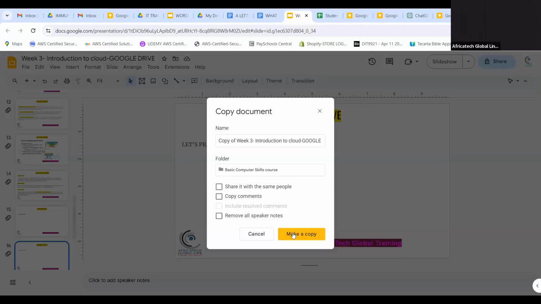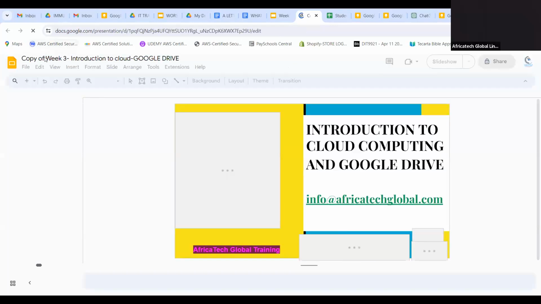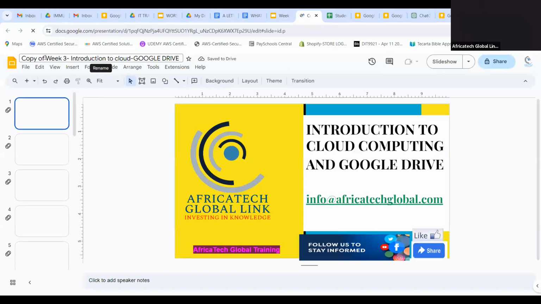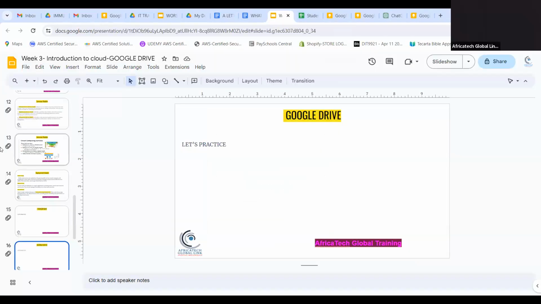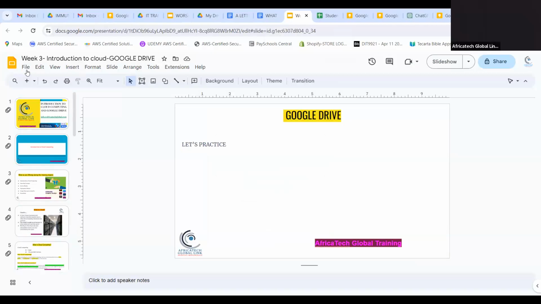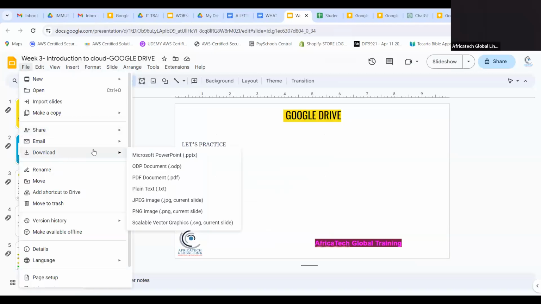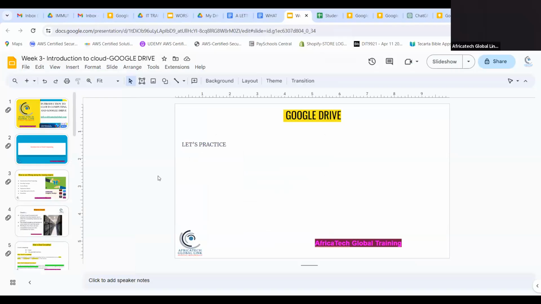If I make a copy of the whole document, it will open something else and it will be called copy of. It's the same thing, right? So I don't need that. I'm going to close it. It was just to explain to you how this works. So file, at the end of everything that you did, you can download it, right? You go to PDF, I can download a PDF if I want to share with you. It will go here in my download folder.